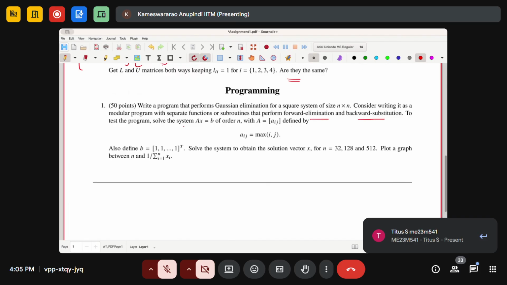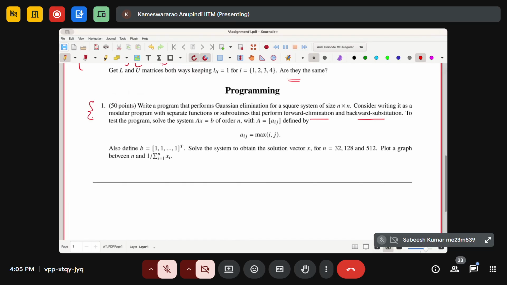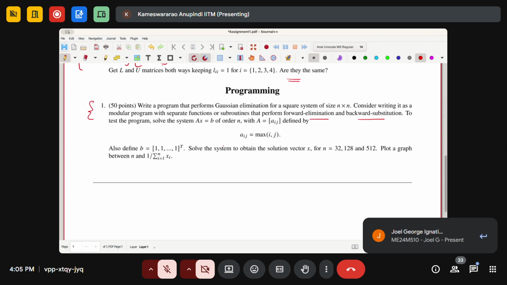To test the program, solve the system Ax equal to B. Essentially, whatever algorithm we have learned in the class, you are going to code it up as much as possible. Write it in a modular way, that means use some functions, and then write it in MATLAB or C, whatever you like. I think most of you will be working with MATLAB. Then I have given you a system to solve, that is Ax equal to B, in which